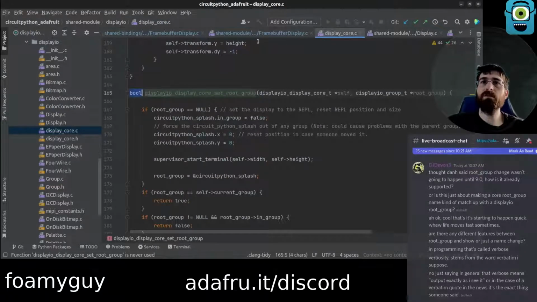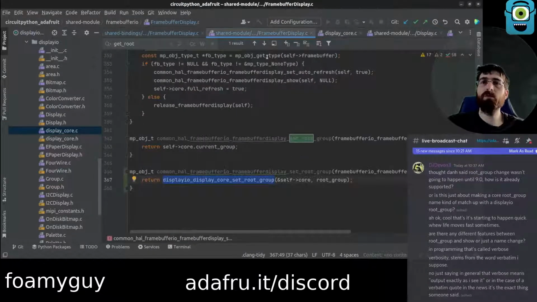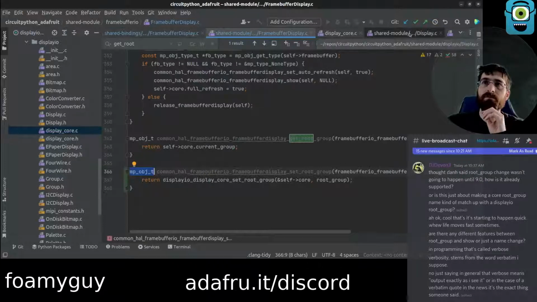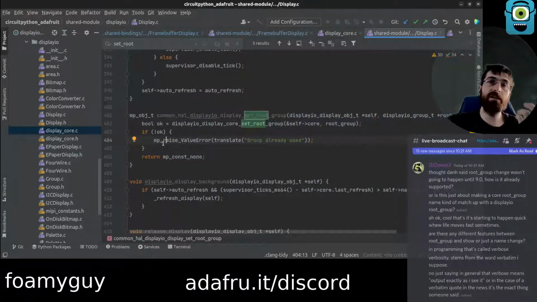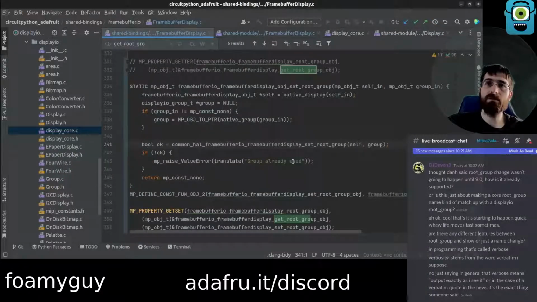So this says it returns bool, but this claims it returns an object. Do we need to just change that to be a Boolean? But this one returns none. Oh, okay, but this one returns none and does the check. Maybe we do need the check there, I guess. Suppose we do need the check there, and I was just wrong.